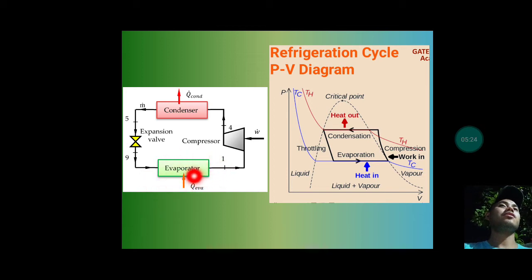The hotness of the air in the room is absorbed by the evaporator, in which the refrigerant will absorb the heat from that hot air, and then that hot air is turned to cold, and the cool refrigerant will